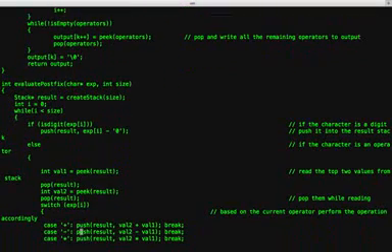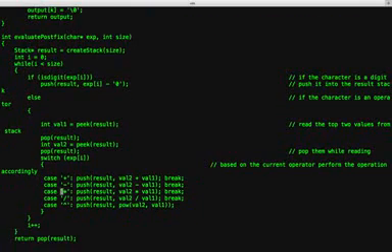Otherwise, you look at the top of the stack. That is the first argument. Then you pop it. Then you look at the next top of the stack. That gives you the second argument. And now you do a switch. So if you see that this expression is a certain operator,